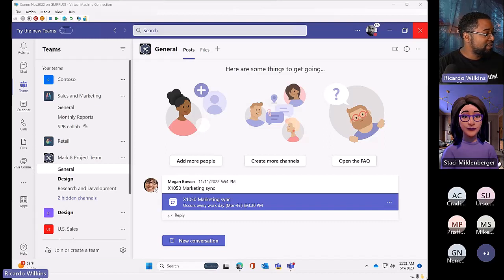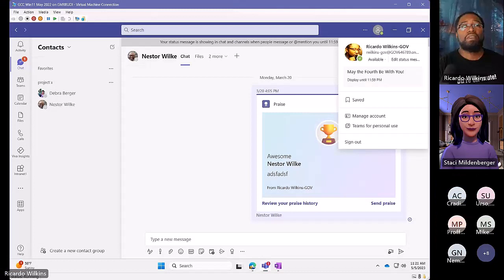Switch back to my government tenant. Someone said the new experience was in Message Center today for rollout in June. Okay. So for GCC, the new channel stuff you may not be seeing if you've got a personal or commercial tenant. I guess that's where you'll be seeing those options. But all of this is in preview mode, so they're not making promises, but sometime in the near or short term, we'll start to see some new experiences with